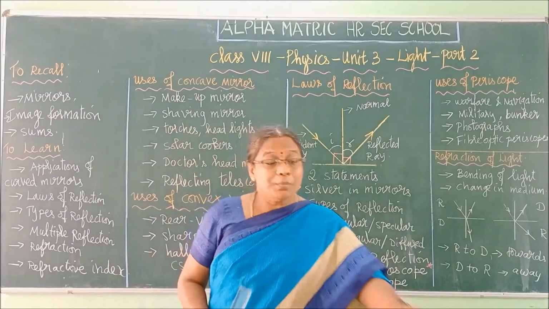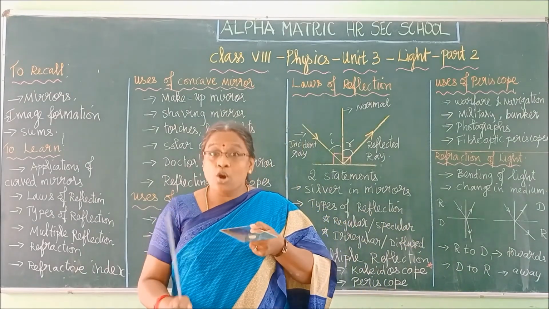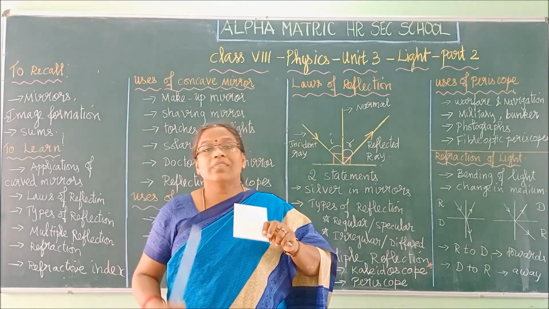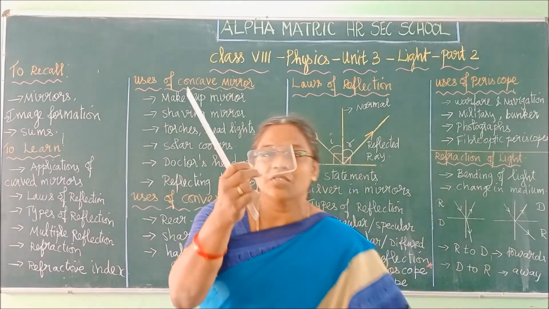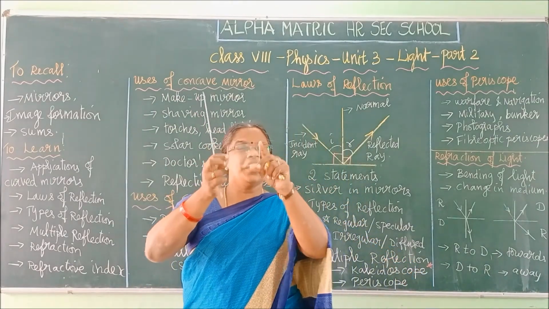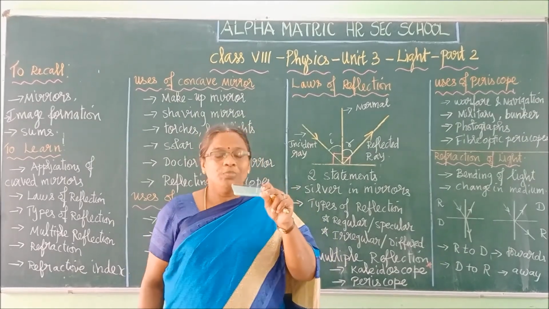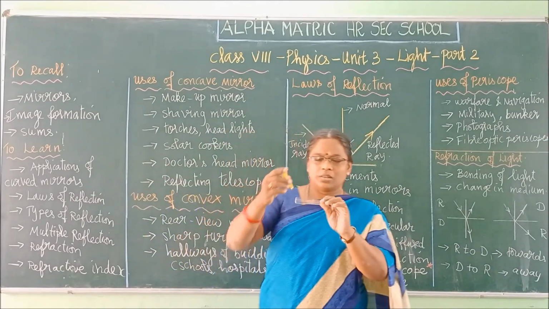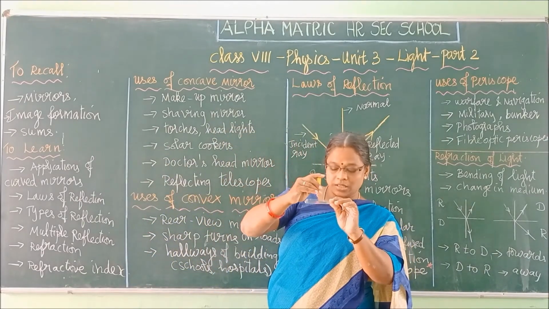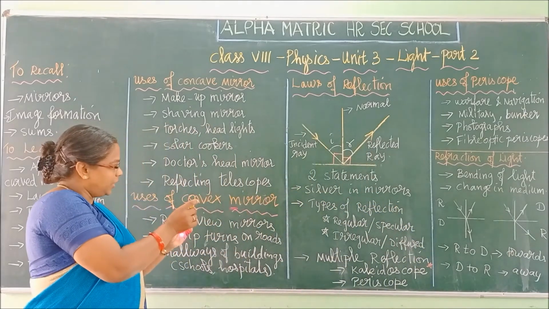If it is a polished surface like this, reflection alone will happen, because on this side no refraction happens over here. But in the case of transparent surfaces like this, you can see my face, right? In this case, some light rays will travel downwards also. If the bouncing back light rays, I can show it now. See here, some light rays. You cannot focus on it. Now I can show it on the board like this, right?